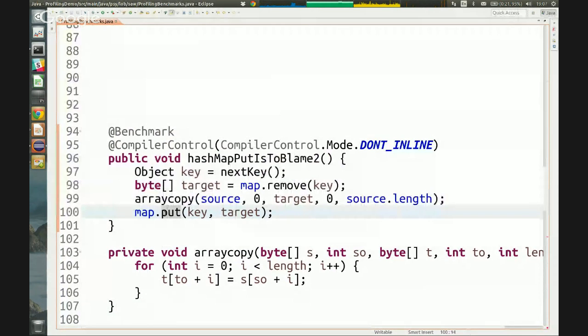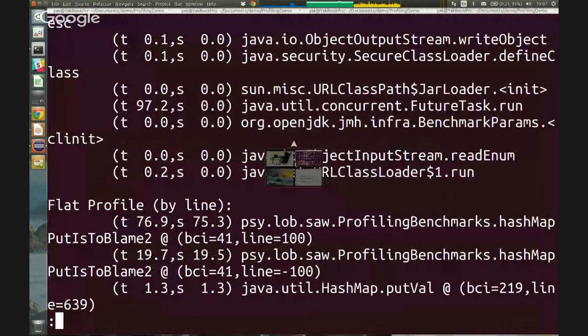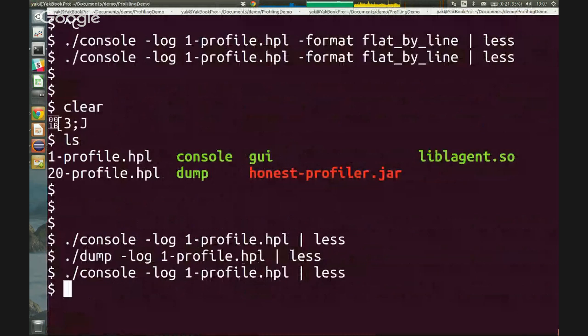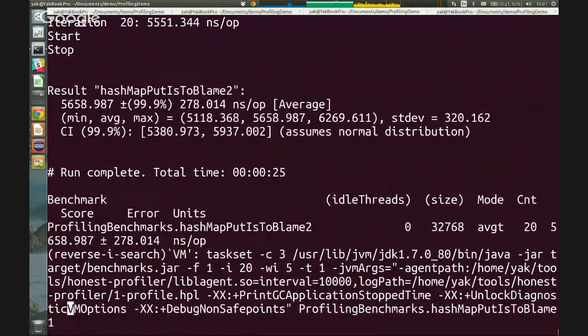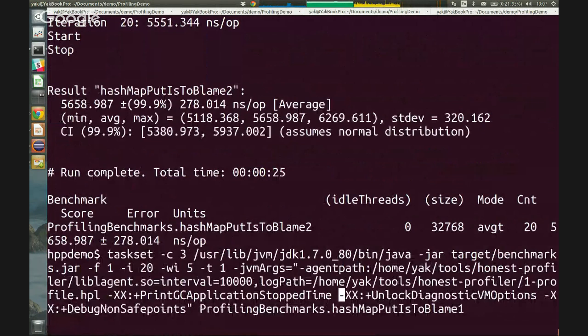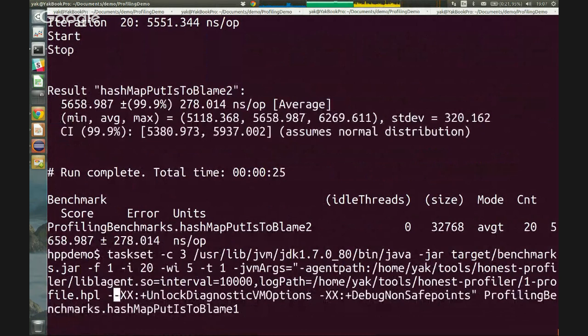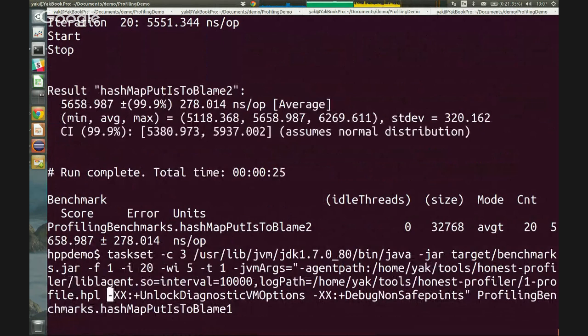Why is that? The reason this is happening is because there's not enough debug information just out of the box when you profile with AsyncGetCallTrace. This is also true for Java Mission Control users. So if you want to get all the goodies, you need to specify something else. You need to unlock the diagnostic VM options, and you need to ask for debugging non-safepoints. By now we have quite an unpleasant command line to look at, but